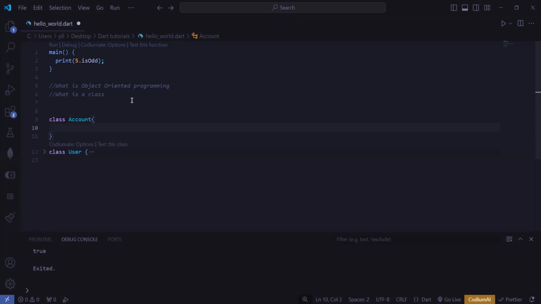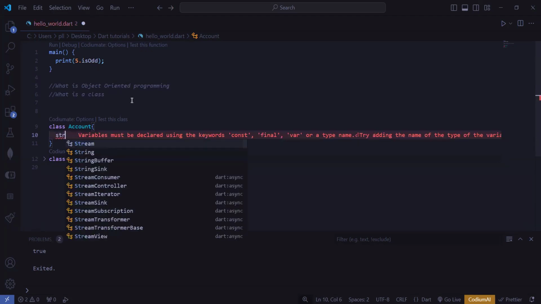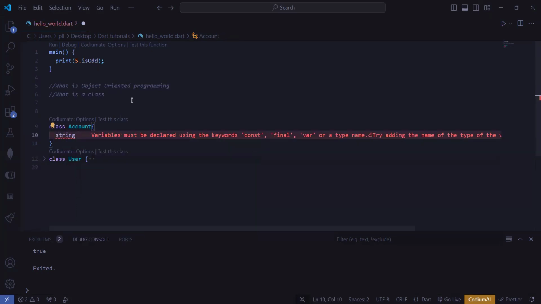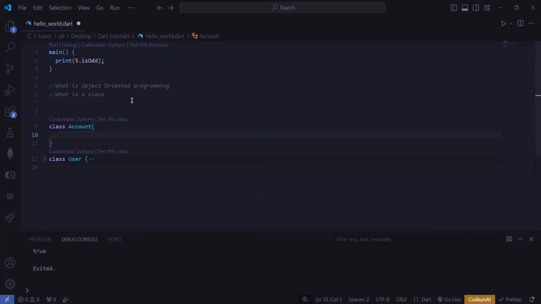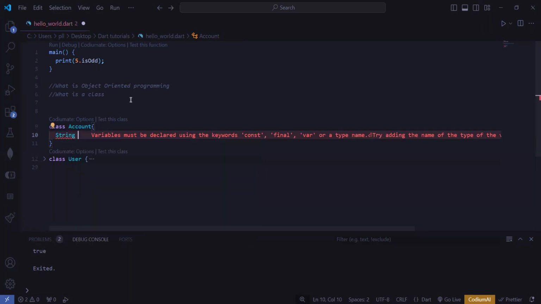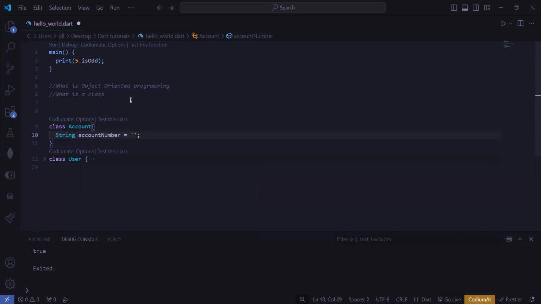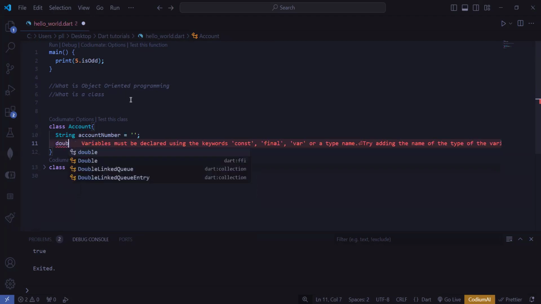An account can have an account number, which is always numbers, but we can just say it is a string. So account number, and I'll give it a default value of an empty string,